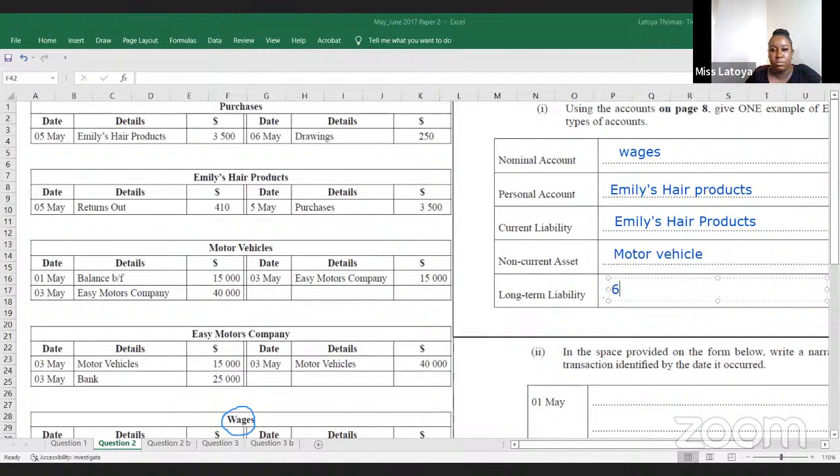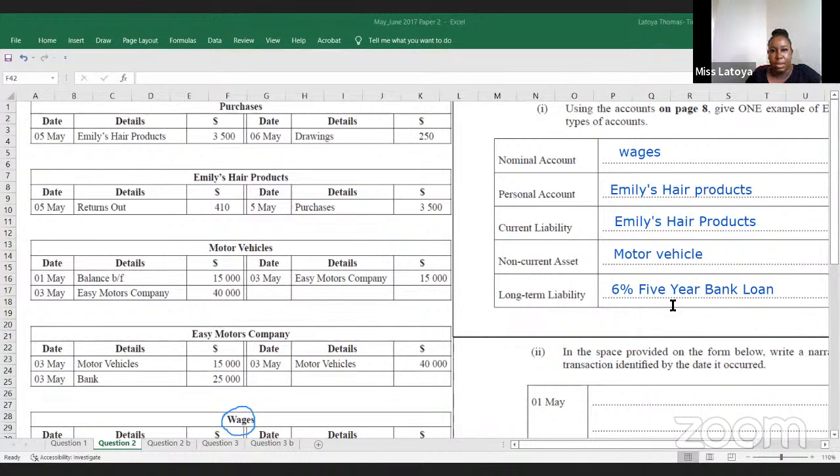Five-year bank loan. All right, so these are the examples for each type of